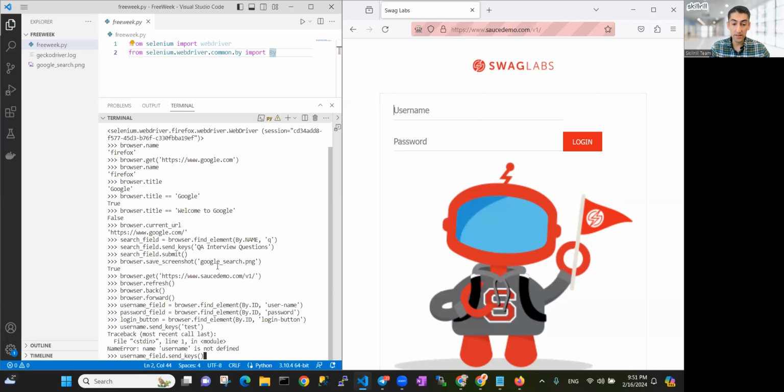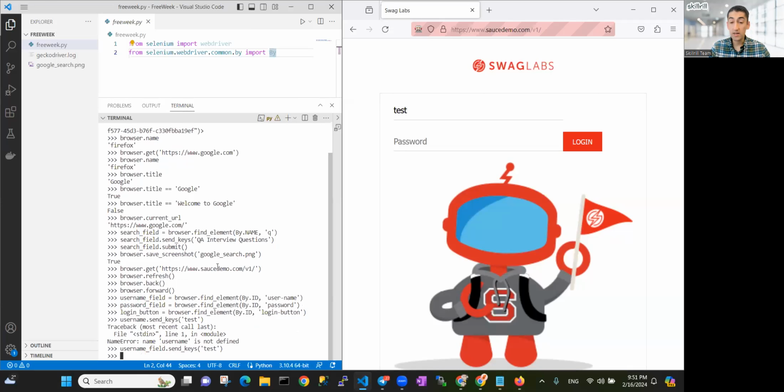And send keys test. Okay, now as you can see on the right-hand side, the test text has been entered. Now we're going to go ahead, instead of entering any value into the password field, we're going to keep the